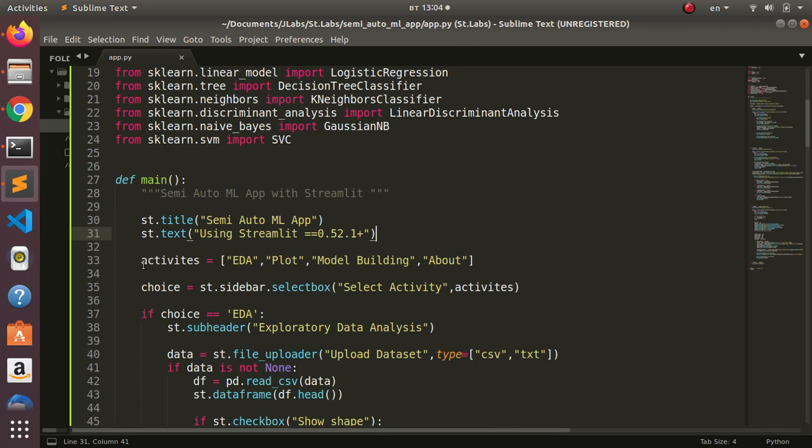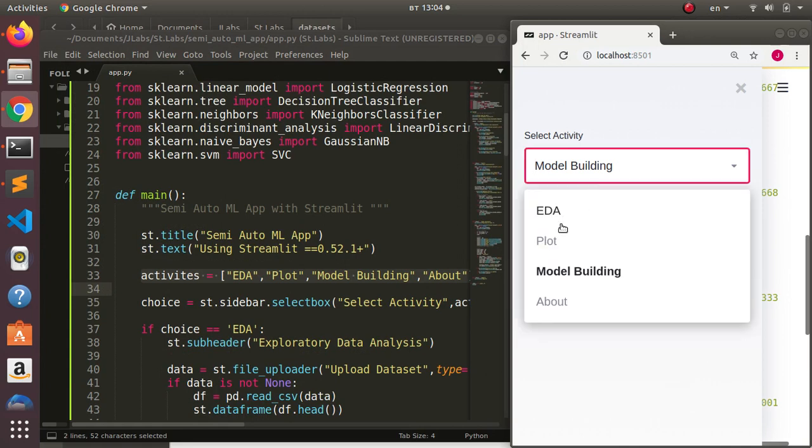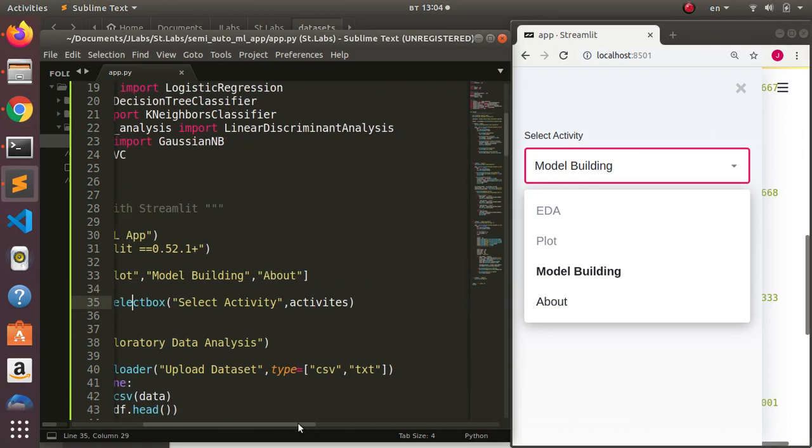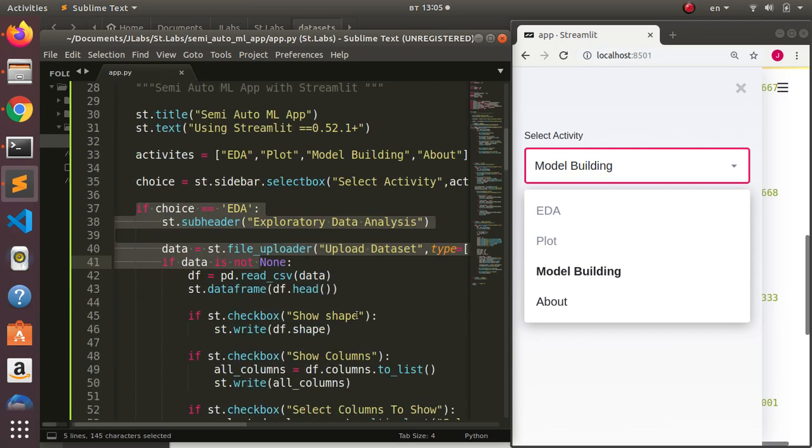Then we created simple activities to help us with our sidebar. This particular sidebar that we have: we have model building, we have EDA plot, and then we can work on our about, which is something simple. Then we created a simple choice to select it, which is this particular option. Then we can now choose the EDA. So for the